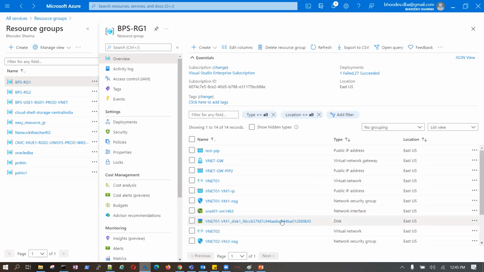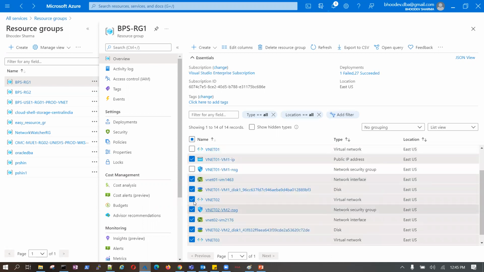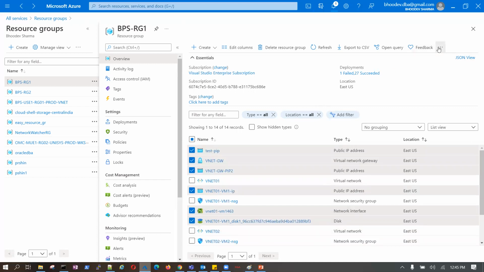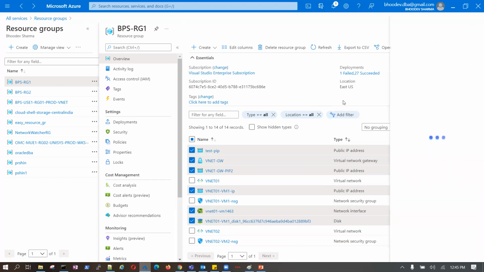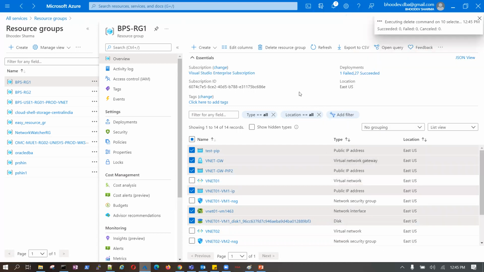Rather than going one by one or selecting all, I need the virtual network, the network security group, and the third virtual network, leave it, let it go. I don't want any resource. I should be cleaning up, because whatever resources are there from today's session consume a good amount of money.